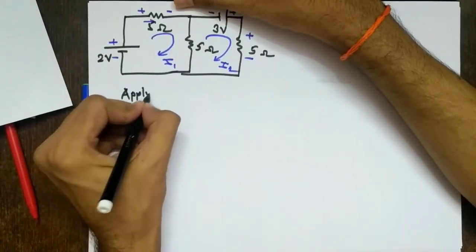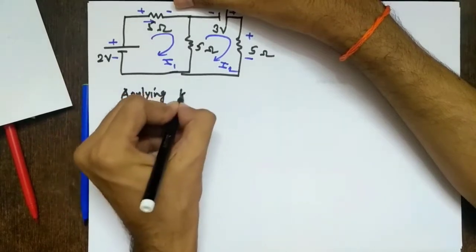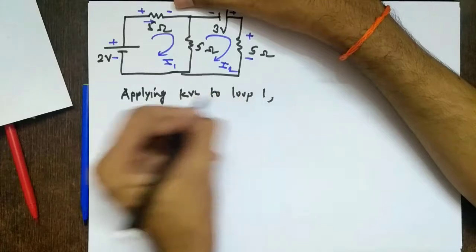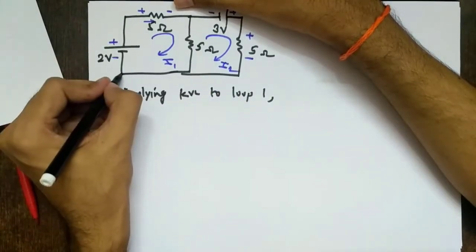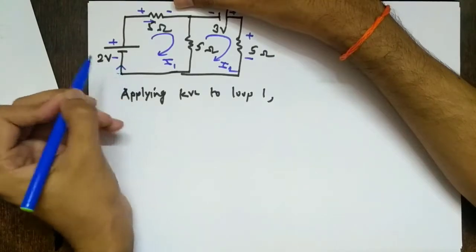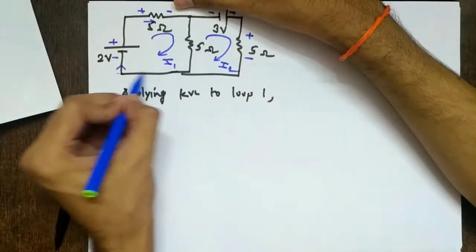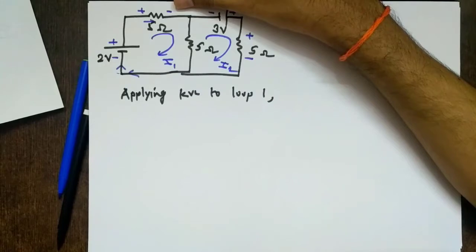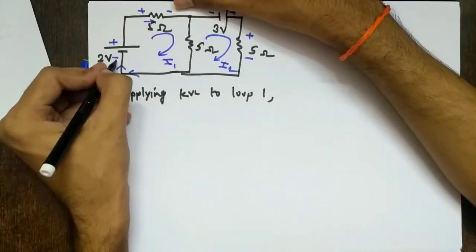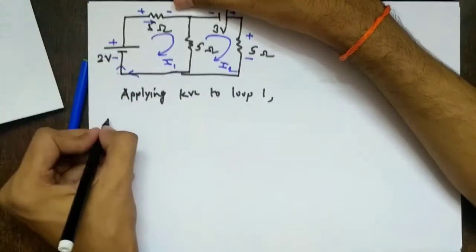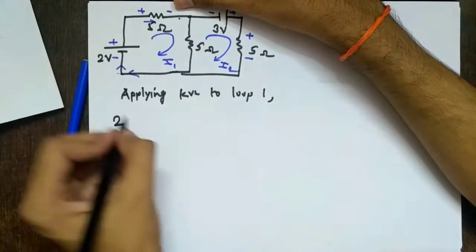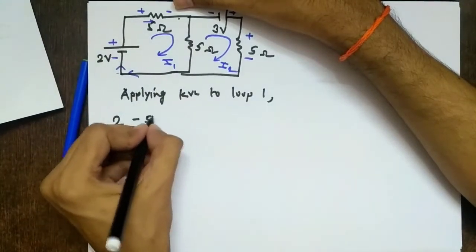Applying KVL to loop 1. So let's say I start from here. I should go like this and I will come back here, so then only the loop will be complete. KVL can only be applied to a closed loop. So I go from here, I encounter minus to plus, so there is a rise in potential, so plus 2. Then here I go from plus to minus, a fall in potential, and it is a resistor, so minus 5 into